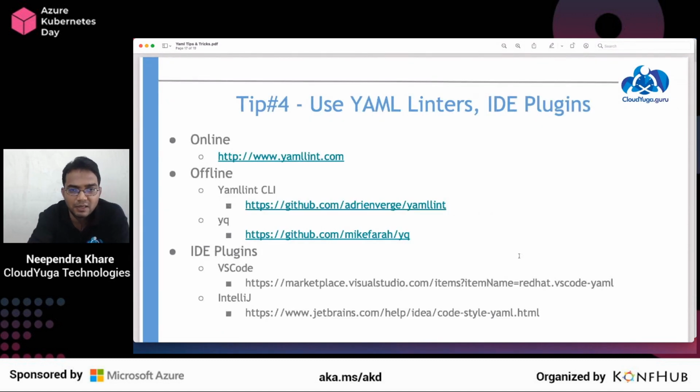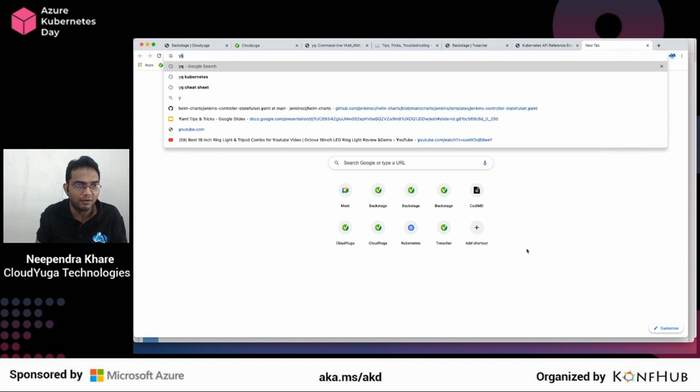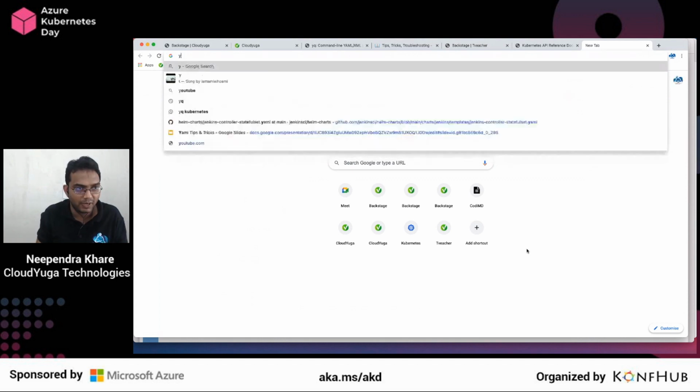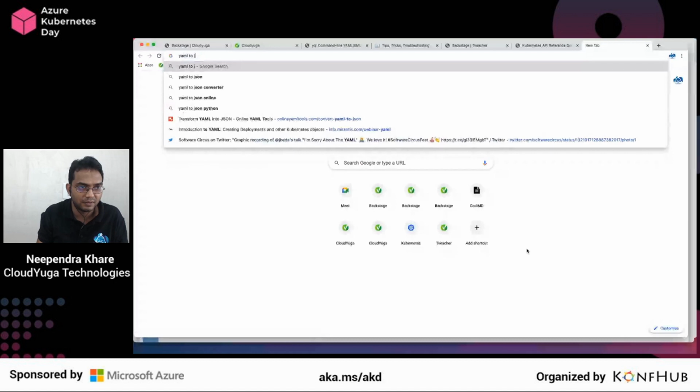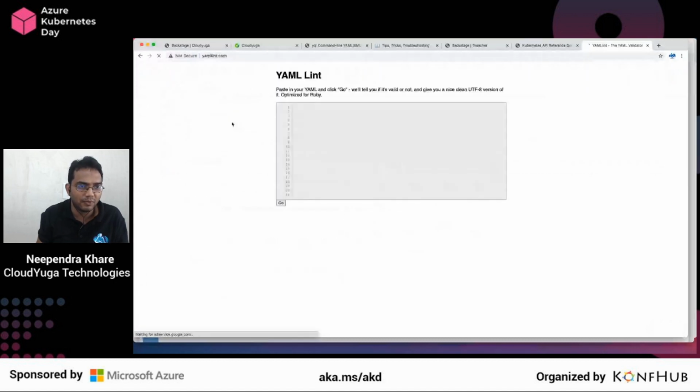Then there is tip number 4, using which you can use some YAML linters or IDE plugins to make your life easier. Of course you write YAML files, but you may want to see if your YAML file is correct or not. So simply you can go to this YAML lint site right here, and there are some other tools available for sure.